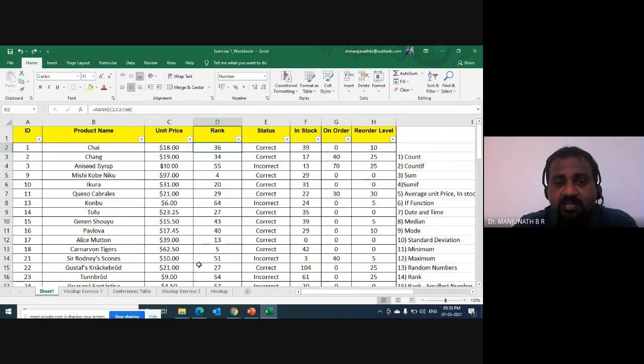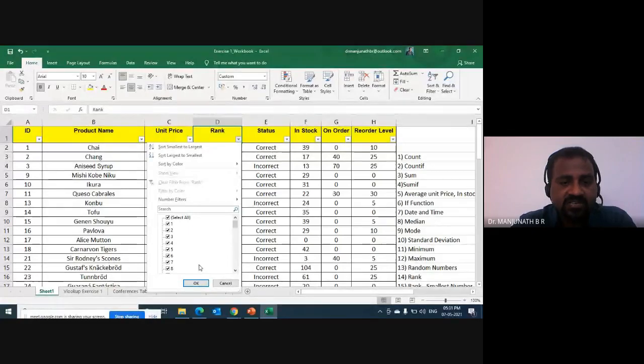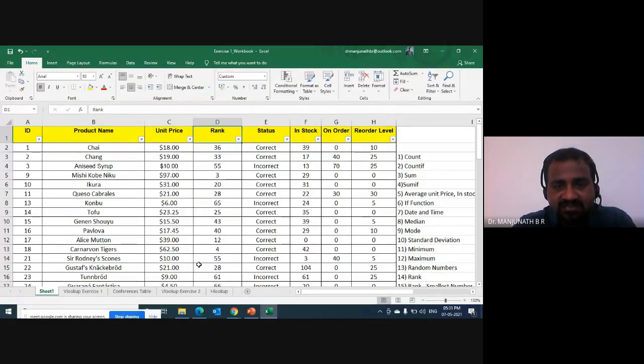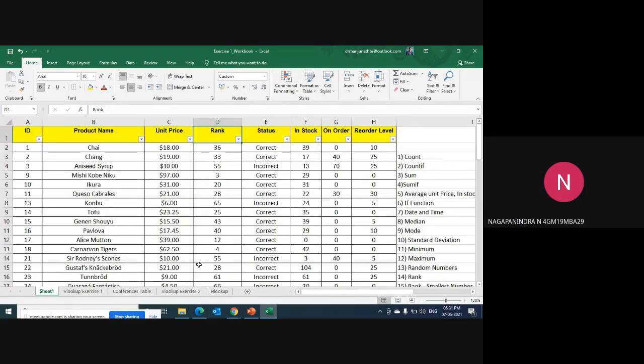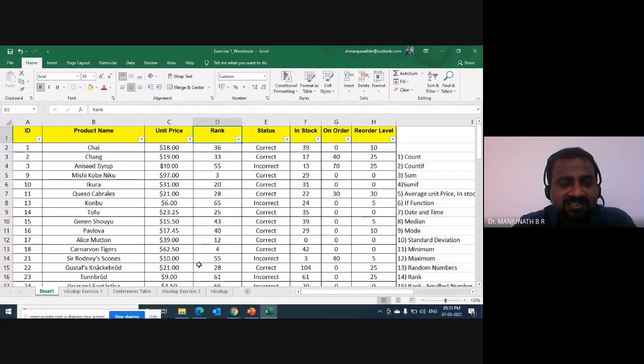Now you carefully look into the screen. Only for 5 seconds I'll be doing something. You try to understand what I do in the next 5 seconds. Now you can see rank 1. Earlier there was no rank 1, but now you can see rank 1. What did I do? So you selected a cell so that it can't change values. Yes, yes. Who's that? Panindra, sir. Panindra, yes, very good.